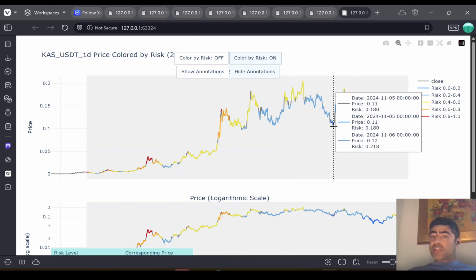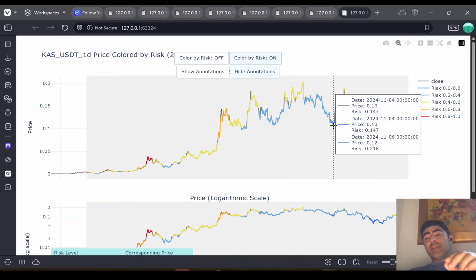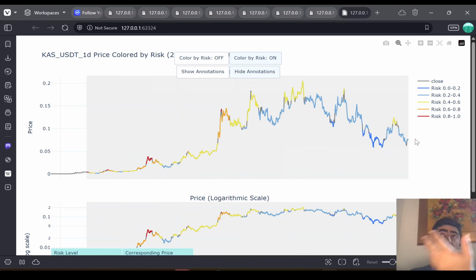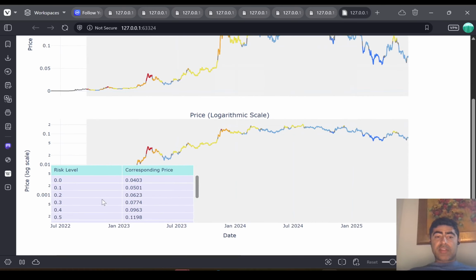It's not a flawless measure because it can't predict the future, but these are real-time values, meaning that the value here is only looking at the past. I haven't repainted it with access to knowledge about the future. So right now, for example, if you look, it says that a risk level of 0.2 is a good time to buy